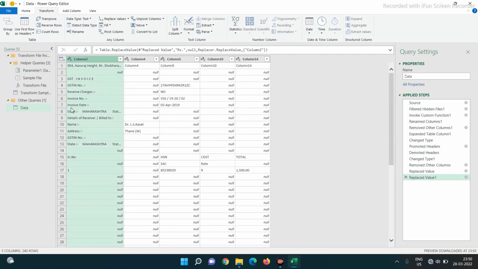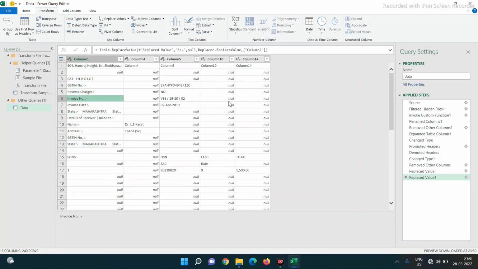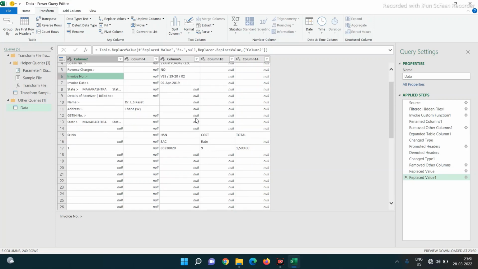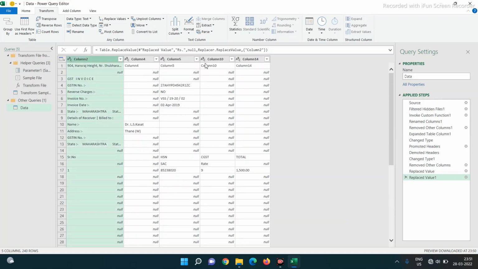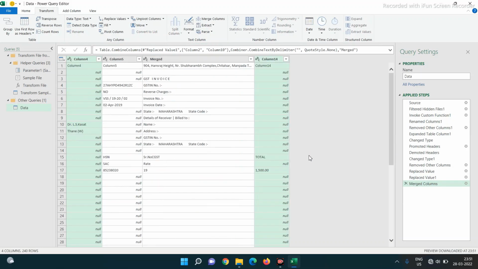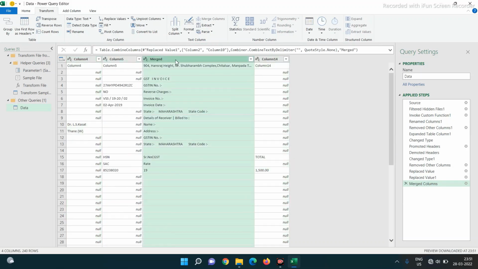Now, if I merge column 2 and column 10, then for whatever rows we need, say invoice number, in column 10 a null value is there, invoice date null value is there, then name of the party null value is there. So this data will not be affected if I merge column 2 and column 10. I will use transform, merge column, without separator. So I got this merged column which I